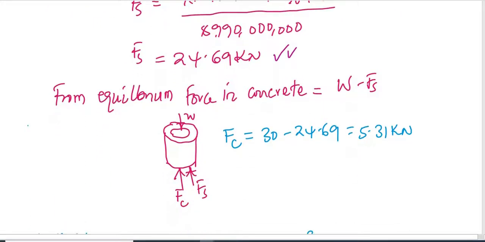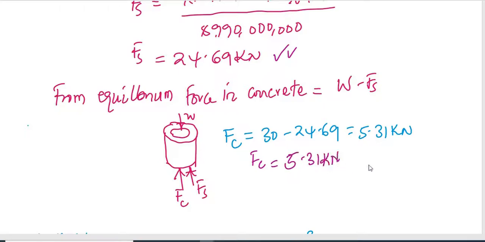So if we use equilibrium conditions, we realize that this total weight is held or withstood by the different materials, that is concrete and steel. Therefore, if we know the force that is taken up by steel, then we can get the one taken up by concrete. This will be 30 minus 24.69, because the total weight is 30 and the force taken up by steel is 24.69, which would give you FC equal to